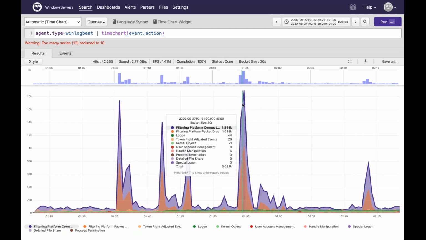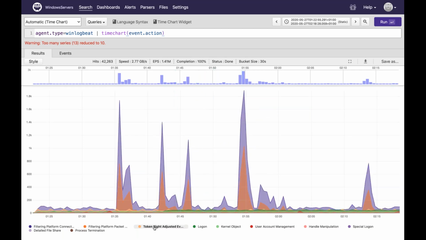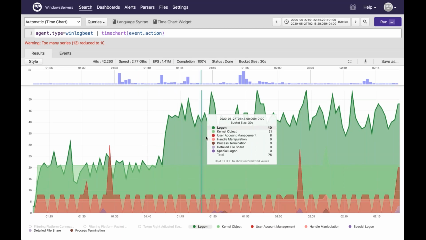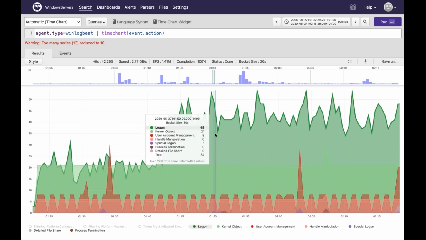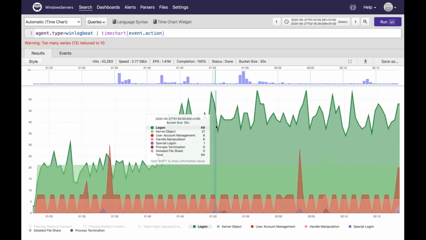peaks in this traffic. When I was first given access to this instance, I was told it was a kind of honeypot out on the internet, just to see what sort of traffic it would generate. So I was expecting it to be all log-on activity, but you can see that what's causing that peak just after midnight isn't log-on activity. I can use the capability here to remove those other event actions and see. Now I can see this green is my log-on activity. So log-on activity is occurring, but it's not responsible for the 1,000 plus events that were occurring during that peak,